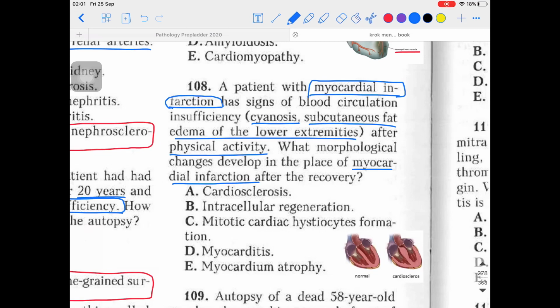And you must have heard about heart attacks in the movies or in some kind of serials, that usually persons are able to survive the first episode of heart attack, then the second episode of heart attack, but it is very difficult to actually survive the third heart attack, right? So that is the case. So let's say it was the first attack, and what changes will be seen in the myocardium after this MI, however the person has recovered?